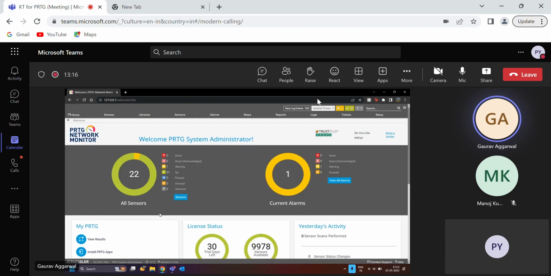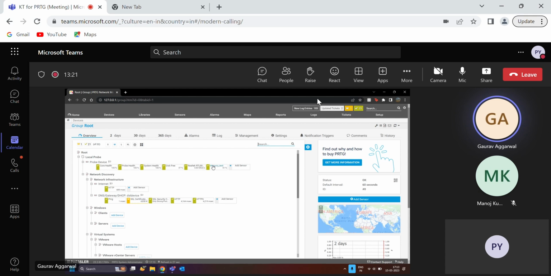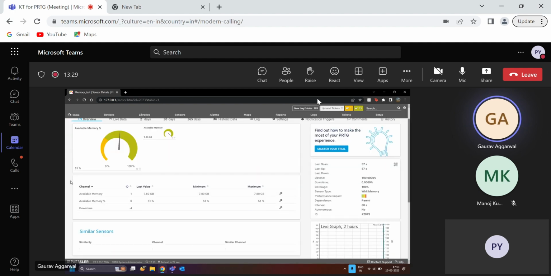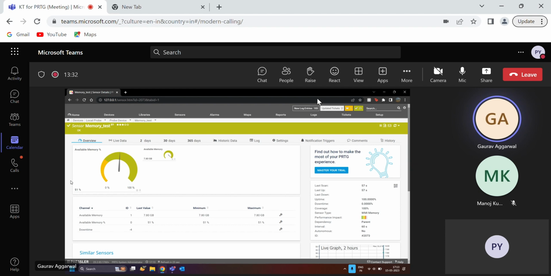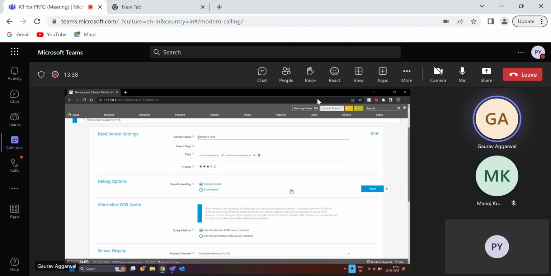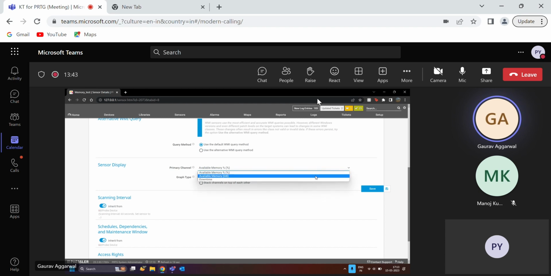Okay. So now when you log into it, you go to devices. See, this memory came up, right? For memory, you just go there. So this is all the data and settings. And if you go into settings, you can store or debug everything you can see. Primary channel is available memory, or available DOM memory in GB or percentage if you want to see, or you can change